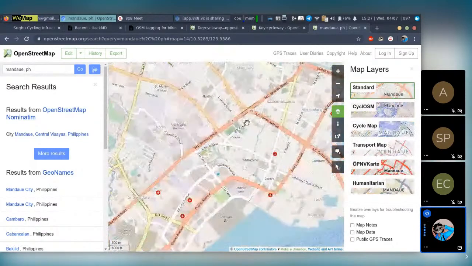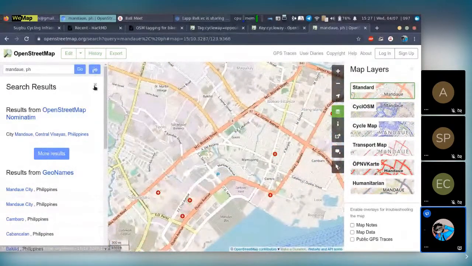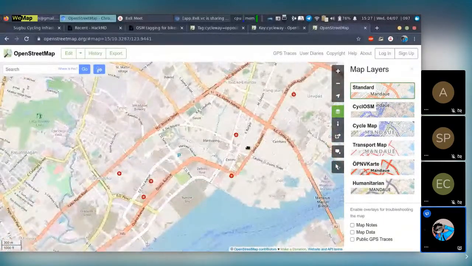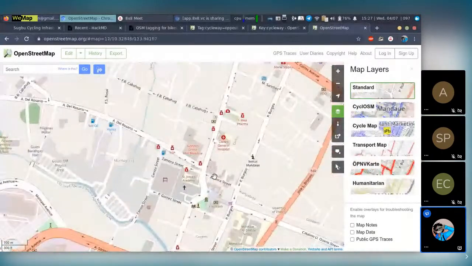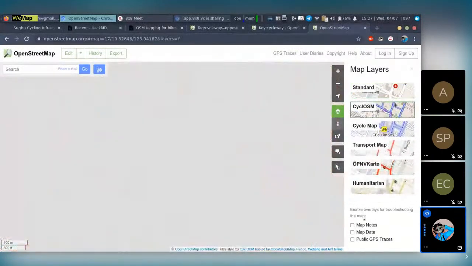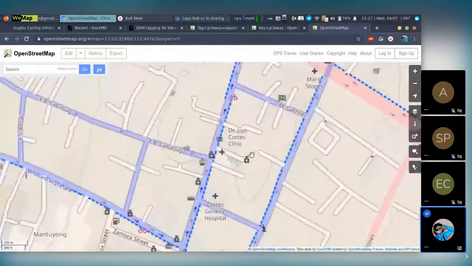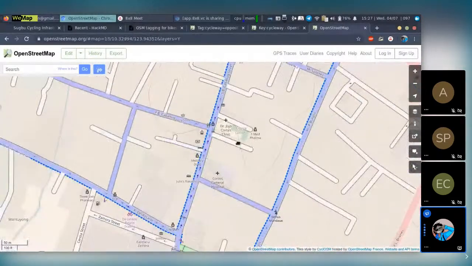So medyo magulo tong mapang ito, pero it could cause information overload for many people. So yan yun. So, I'll click again on Cyclo OSM para makita natin yung layer. Okay. If we're zooming in,